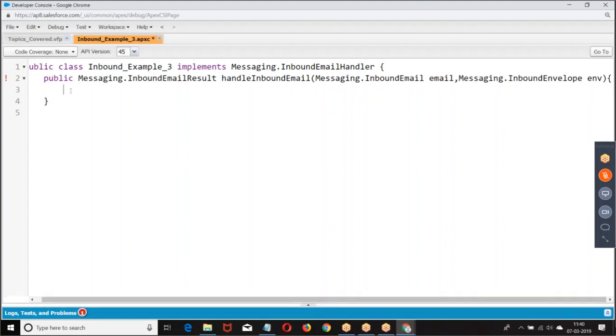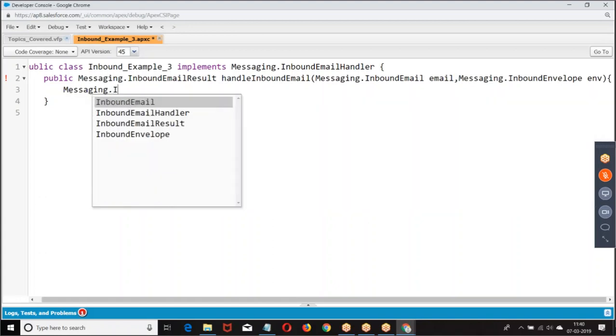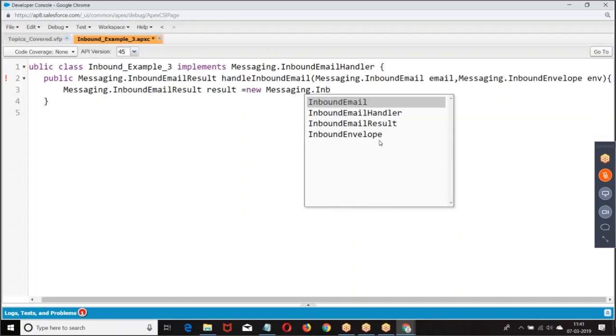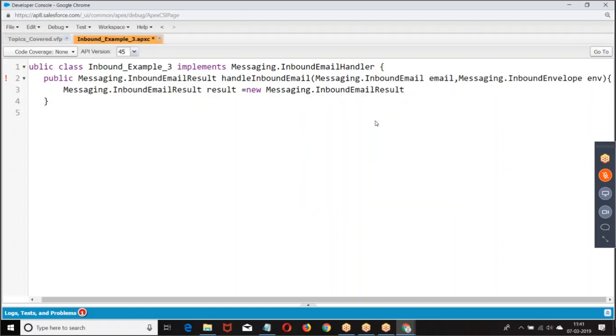So first, what are you supposed to do? Messaging.InboundEmailResult.